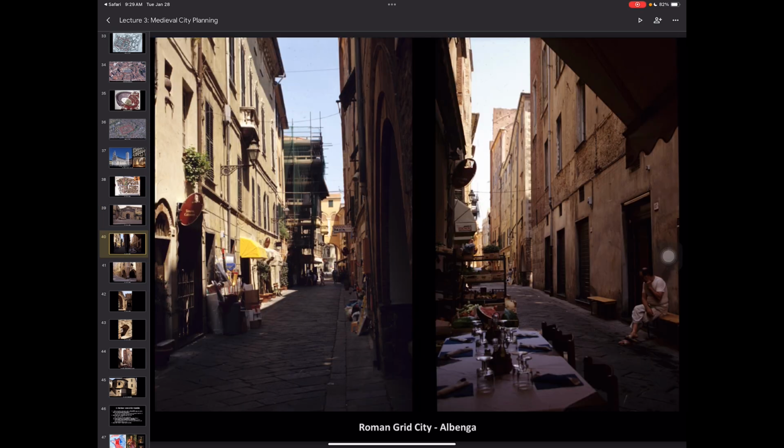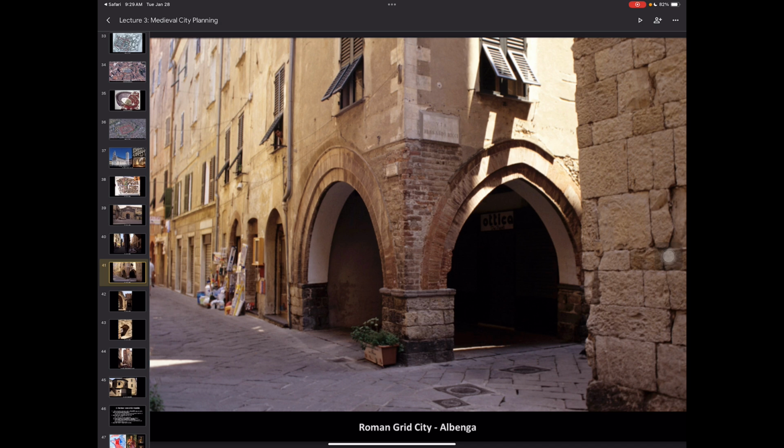These are the streets of Albenga, right? So very narrow once again. If you look down here, sometimes when you have this pavement, that means it used to be a gutter, right? So you have to look at the floor for its patterns as well. What do you guys notice about this arch? The proportions of it, at least. It is pointy, I think it's just the angle, you can't see it. But proportionally, what is wrong with this arch? It's really short.